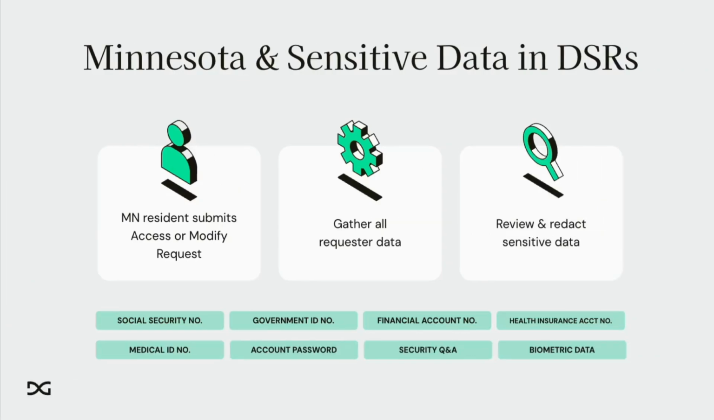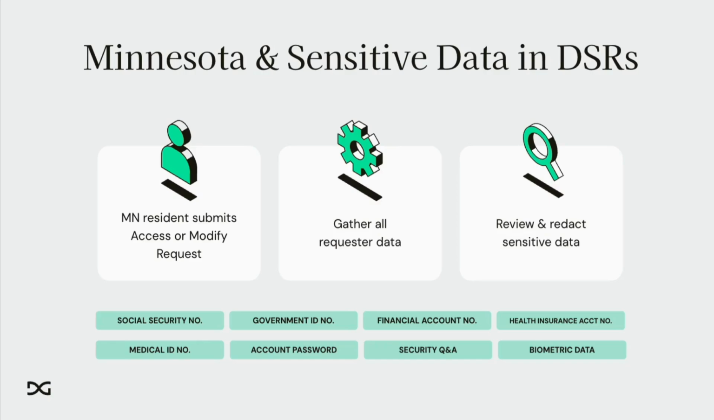Let's also take a step back to remember the sensitive data and DSR requirement here. So for Minnesota, the fields of interest are going to be social security numbers, government ID numbers, financial account numbers, health insurance account numbers, medical ID numbers, account passwords, security questions and answers, and biometric data. All of this data must be redacted before a request results are sent to a consumer in an access or